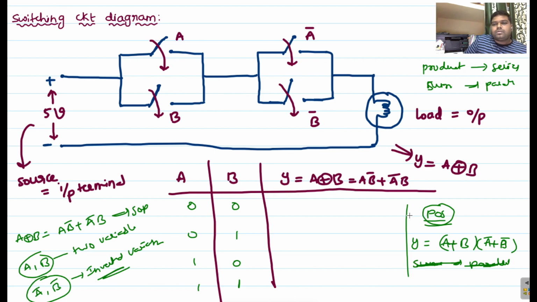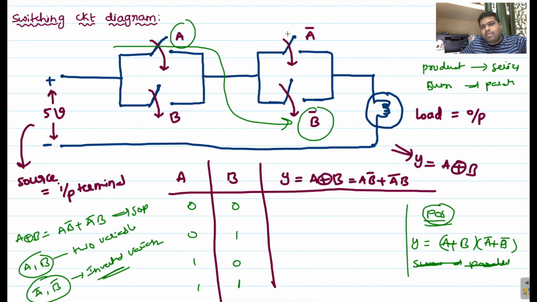Okay, so if you consider the sum of product term, here we have A B bar. A B bar is the product term, but what I said is that product is nothing but series, right? So if you close these two, here we have A, and here we have B bar. If you observe this entire configuration, this is A into B bar, that means these two are in series condition. If you remove this A bar and B bar and focus on only these two switches, these two are in series manner. So that's why I am taking here A into B bar.